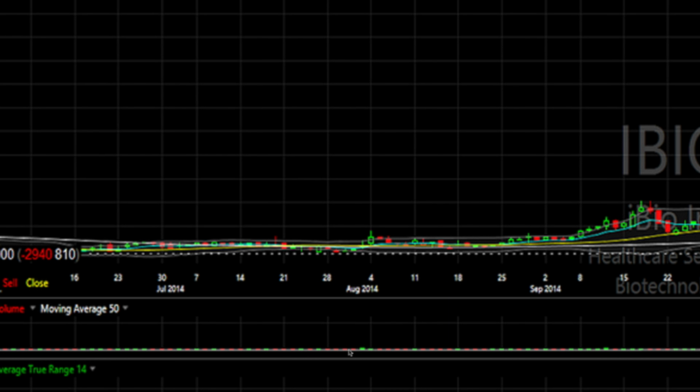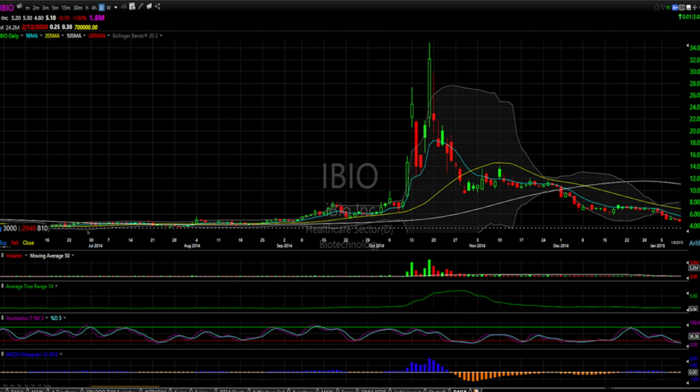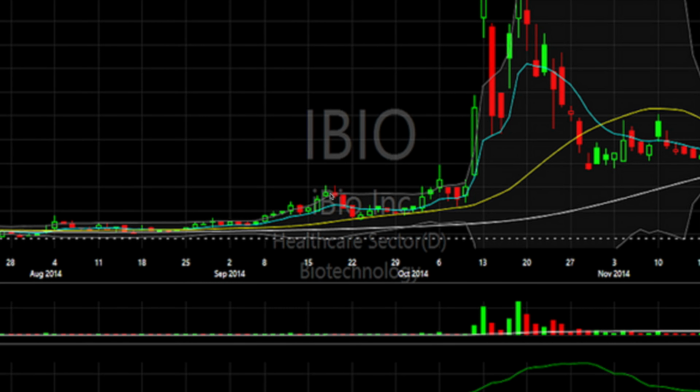But you can see it. The bigger the green candles, now you're starting to get some movement here. So this is where people have been watching this. They think this iBio is going to run. And they start picking up and accumulating their shares in anticipation of the run. So you get a little bit of a run right here, which is nice, but then it comes back out. You have people who are like, oh, okay, well, the run's over. They start selling off.